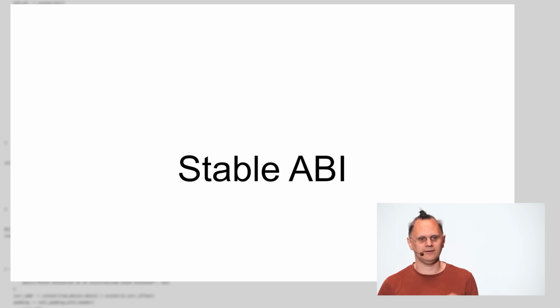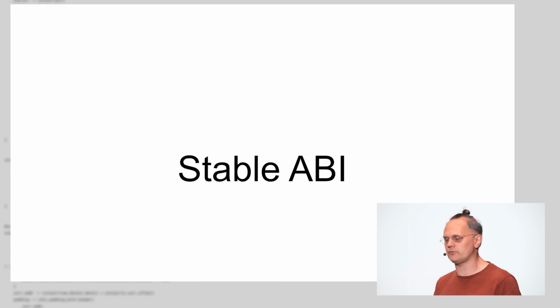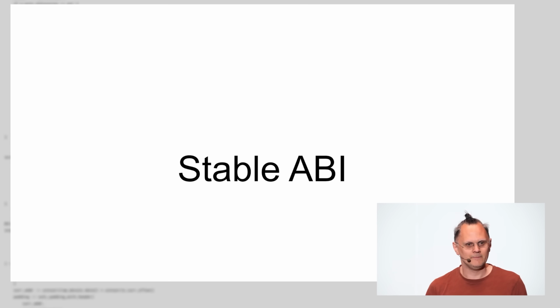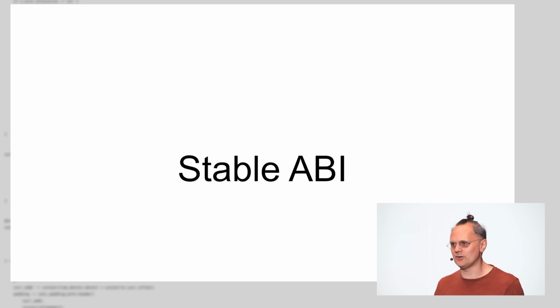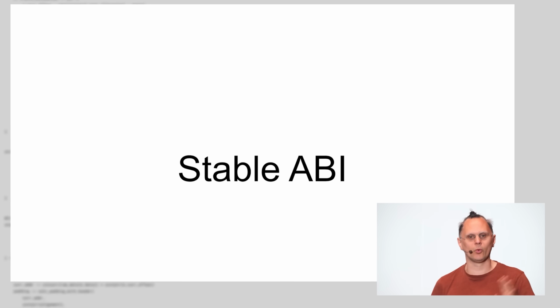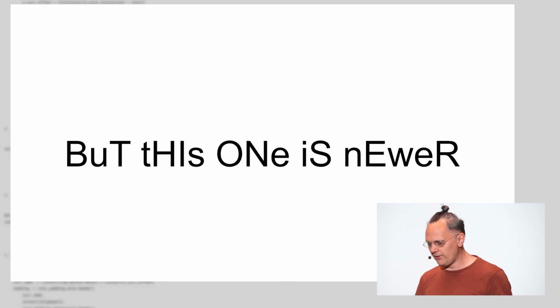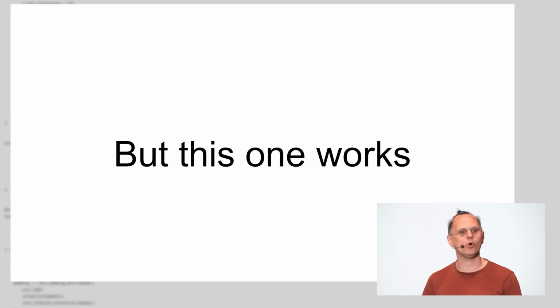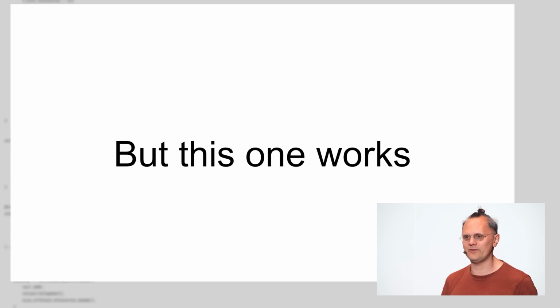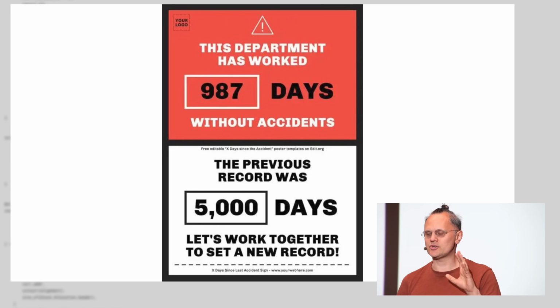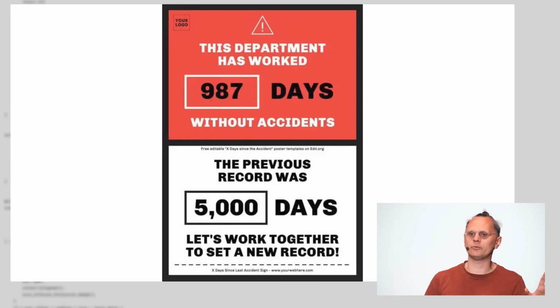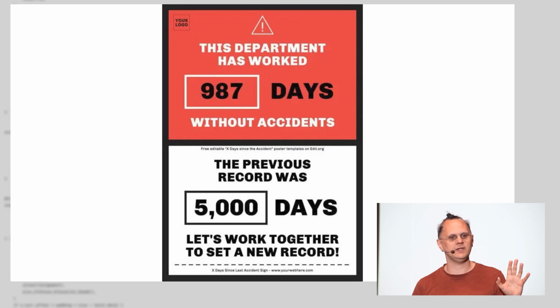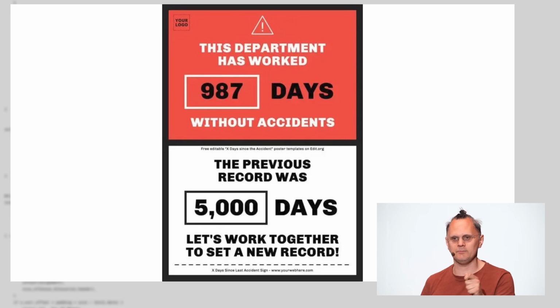And that's why I think stable ABI is the most underrated feature of anything in computing. This should be our North Star, right? And there's a lot of, but this one is newer. Yeah, but this one works. That's always more important. If I've had a software run on my computer for 15 years and it hasn't crashed, and you give me a new version, which one do I trust,